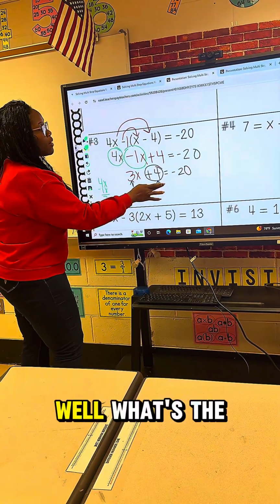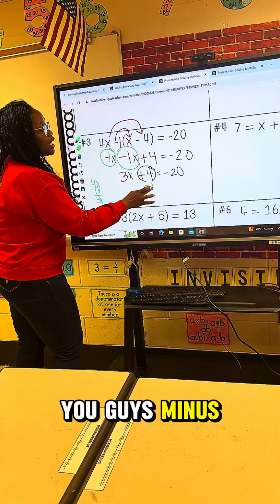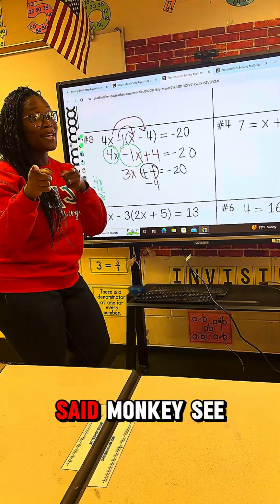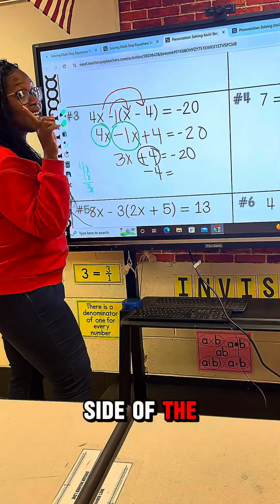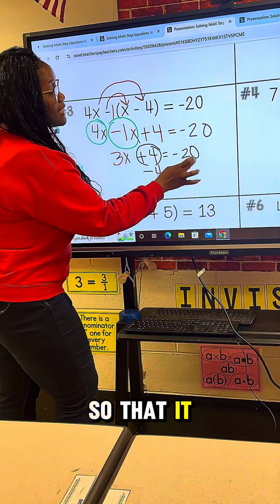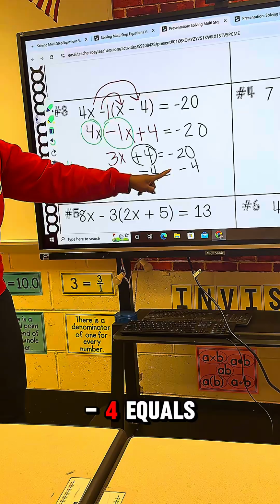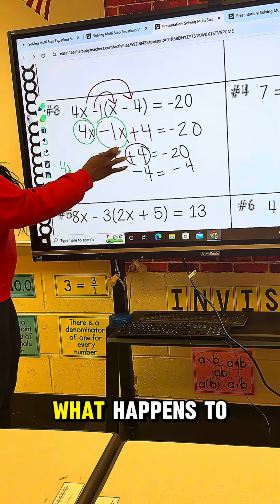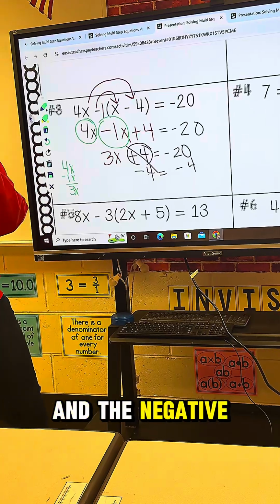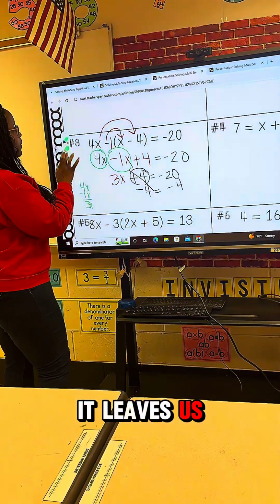okay? Well, what's the inverse operation of +4, you guys? -4. But like Grandma said, monkey see, monkey do. We got to come over to the other side of the equal sign so that it stays balanced, and we have to subtract 4. -4 equals -4. You should not have two different numbers there, okay? What happens to the +4 and the -4? They go away to the sea of zeros, and it leaves us with